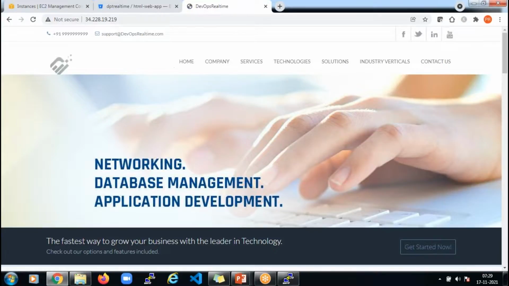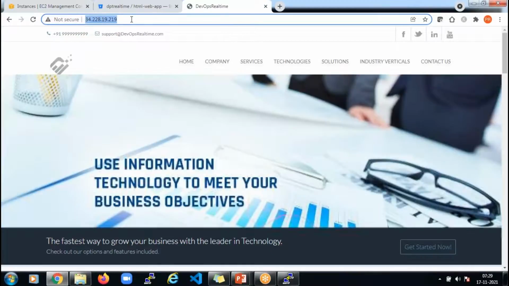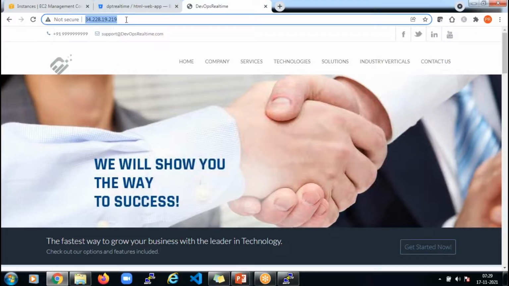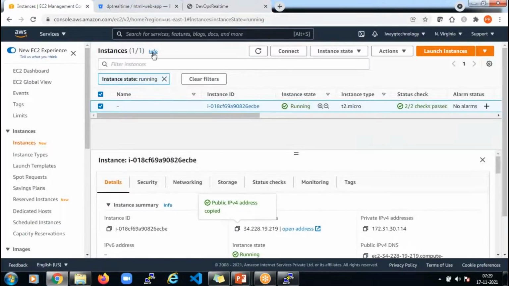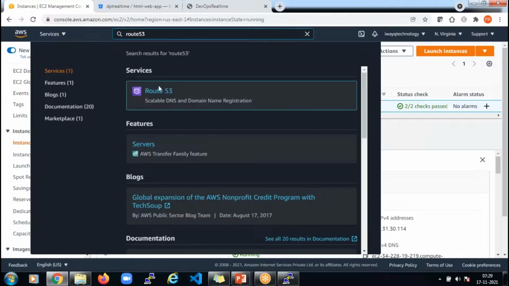Of course, now, I need not access the web services through the IP. I can even access this website through a domain name as well. The only thing is I need to create a record in Route 53, correct? So if I go to Route 53,